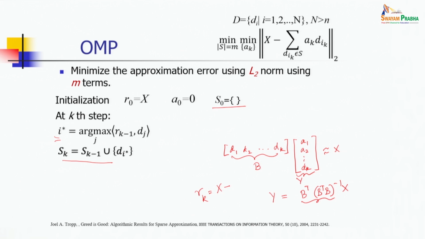Then we can show that with this representation, your residue RK would be x minus By, or x minus B into B transpose B inverse x. So this should be your solution, and this RK will be